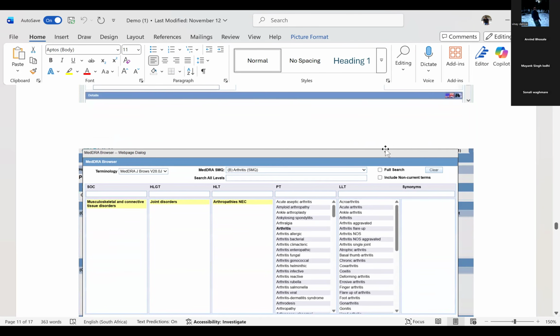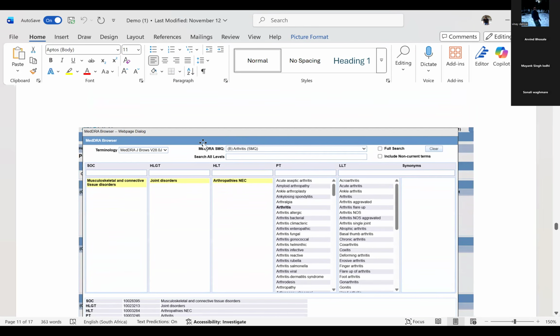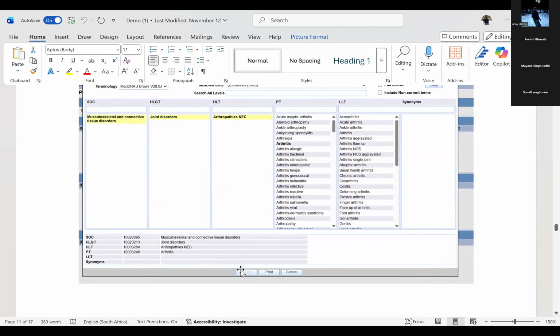This is how the MedDRA coding browser will appear. You search the term you are trying to code. Like I search arthritis, the LLT will appear. I click on arthritis, or we select the PT as arthritis, and the HLT, HLGT, and SOC will automatically populate, and you can select, and it will be coded. Okay,